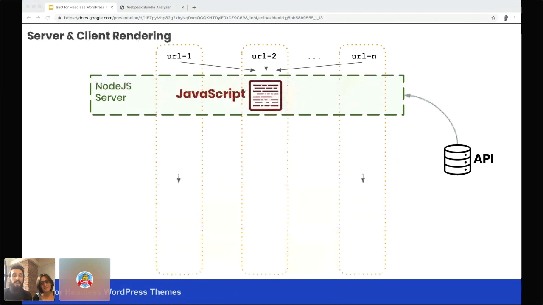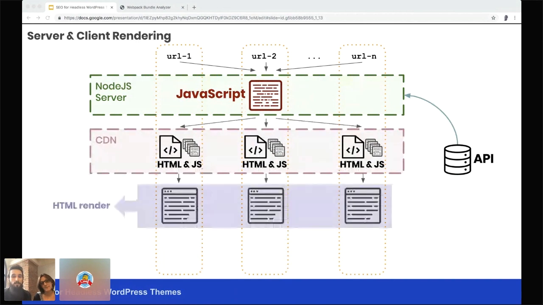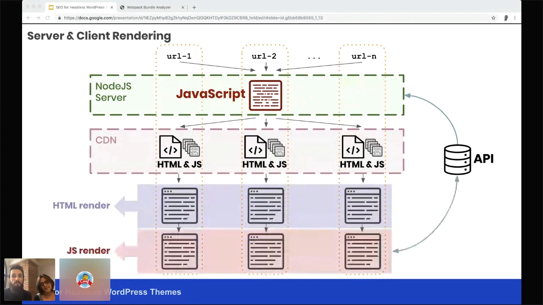So finally, can we do both server-side rendering and client-side rendering? Okay, it turns out, yes, we can. The only thing we need is, well, a JavaScript server. But it works great with dynamic content. And again, if we use a CDN, it is as fast as serving static files. And here it has all the content in the HTML, so Google is happy again. And once JavaScript takes control of the page, it feels like a native app. So mission accomplished. Well,